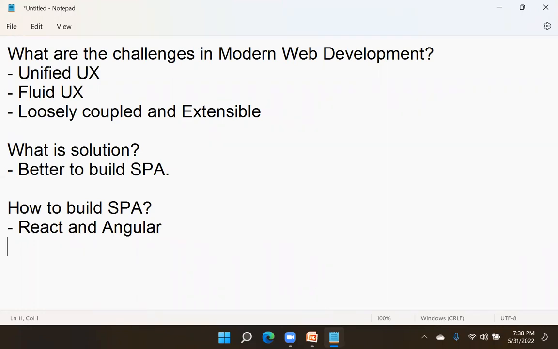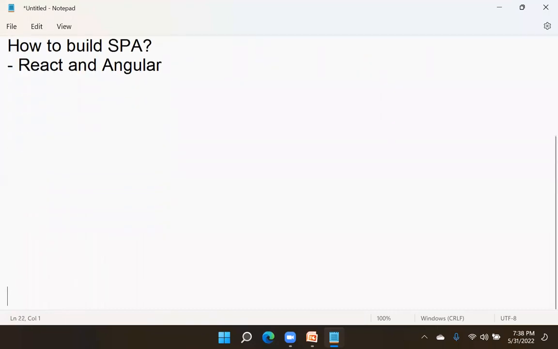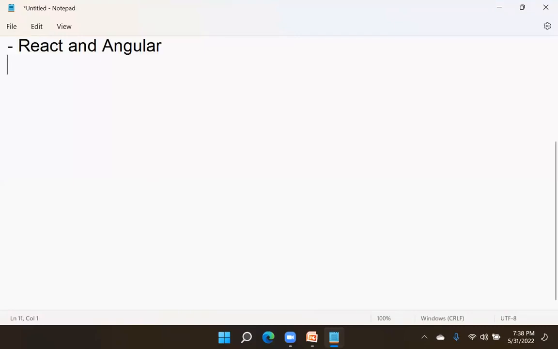What is React and what is Angular? Let's see the point. That means you are coming here to learn React.js. React means you are learning single page applications. The target of learning React or Angular is to build single page applications. Now the question is, what is the difference between React and Angular? This is the key point we have to understand. Today we will see that.